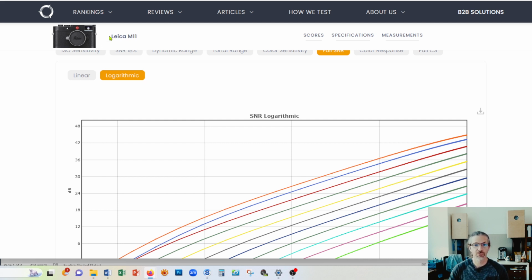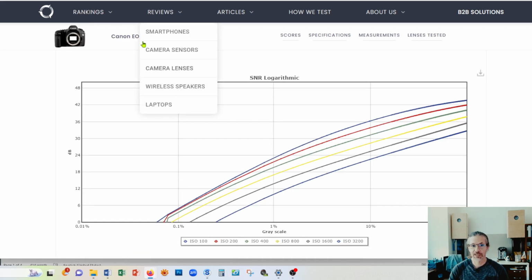It's true, Leica does have its advantages, and a lot of it comes from the amazing lenses that they have, and I will expand on that as well when I compare it